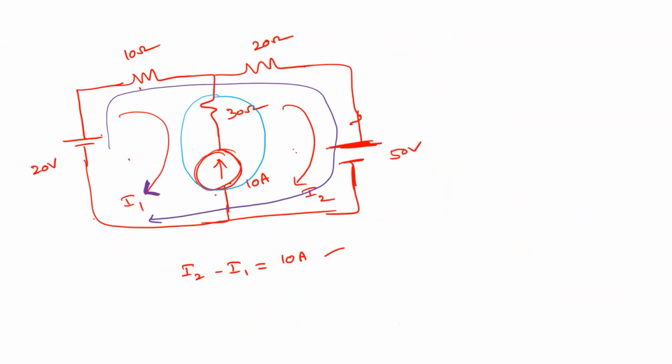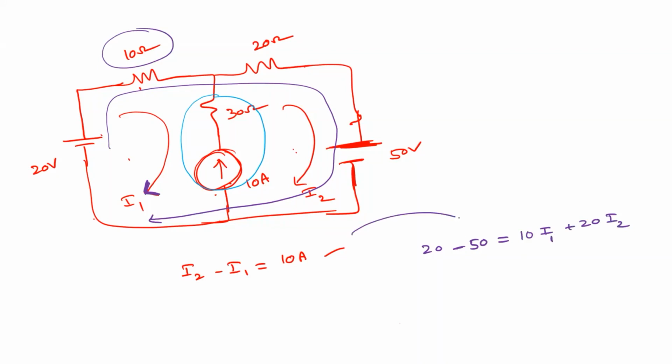So now tell me, what is the KVL equation considering this I1 and I2? This is 20 volts, right? 20 equal to, what is the first element in the super mesh? 20 minus 50, we have the other source. What is the next element? 10 into I1, plus 20 into I1? 10 into I1, right? Agree? Yes, sir. What is the next element? Plus 20 into I2. So this is one equation.